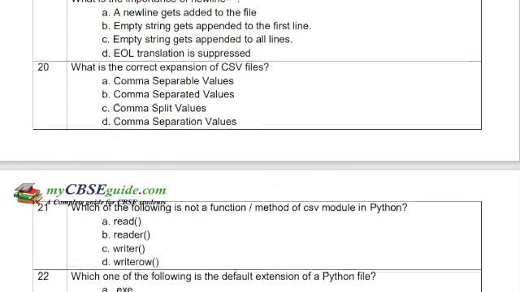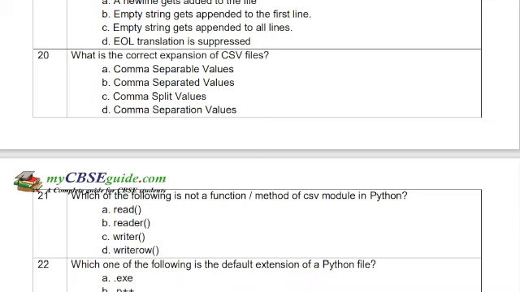Syntax for opening the student CSV file in write mode. Student.csv with newline. So what is the importance of newline here? As you know, the end of line translation will be suppressed when we mention newline here, so it will not go to the end of line automatically.